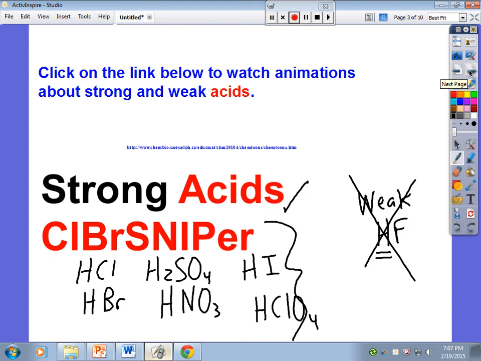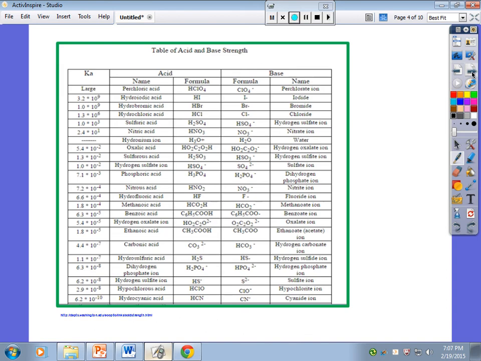I'll show you this video. If you want to stop this and you want to watch it, you can, but I'm going to show you them at the end. This is a Ka chart, and if you'll notice, many of these Ka values on here,